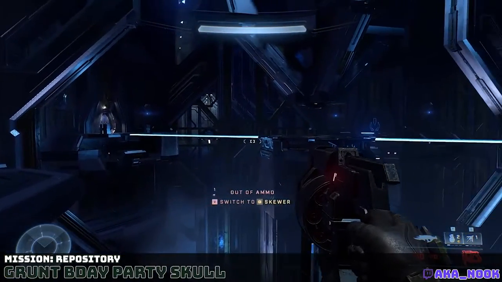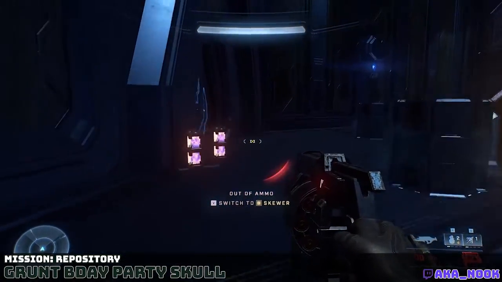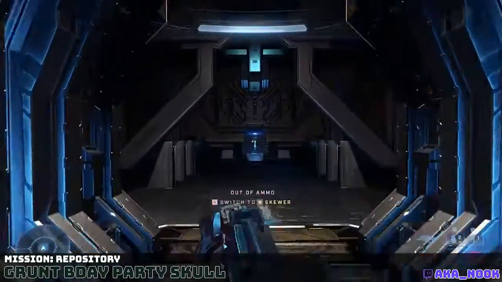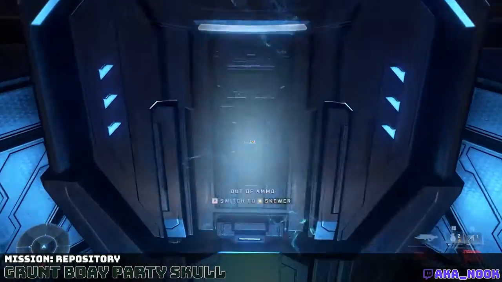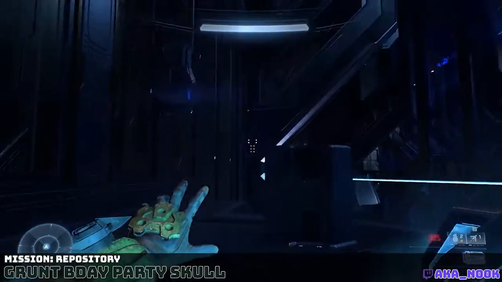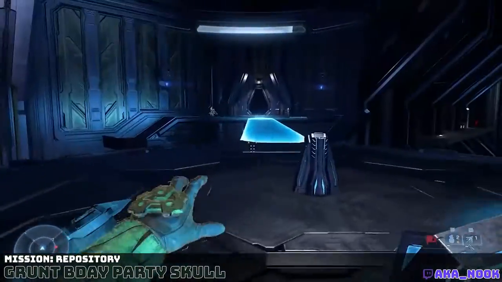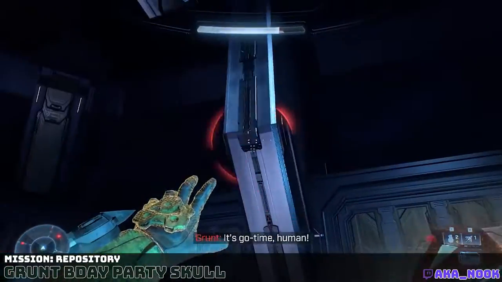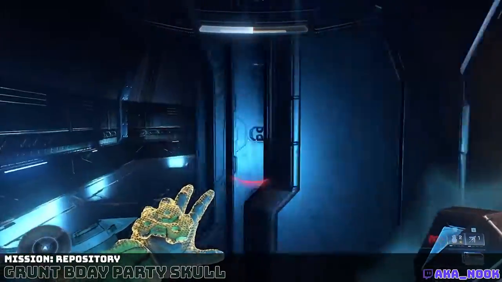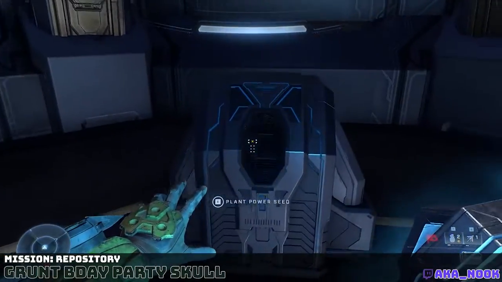The next skull that you can find inside a mission is the Repository. This is the Grunt Birthday Party Skull. Once you hit the terminal that activates light bridges, you'll have a cutscene, and afterwards you'll find two doors on either side of the middle platform that aren't connected by light bridges. The one to the right of where you entered the room has a power seed in it. Collect this seed and use the grapple on the rafters above to easily swing to the other unbridged door, and